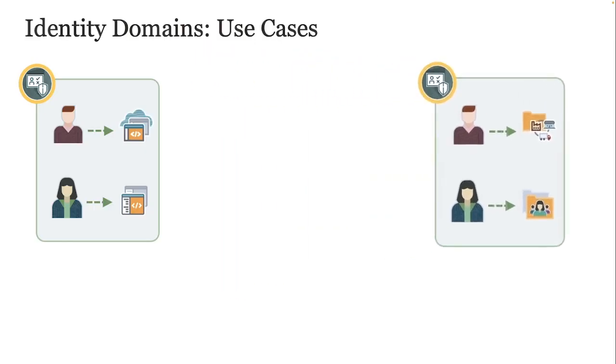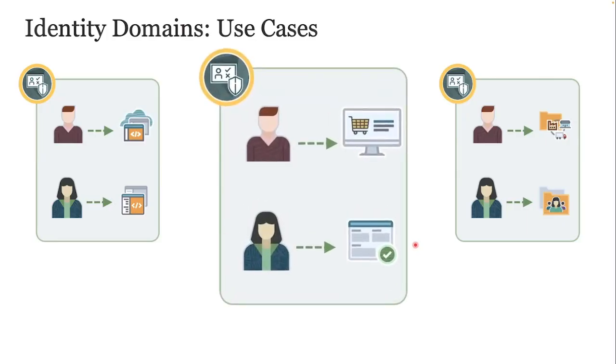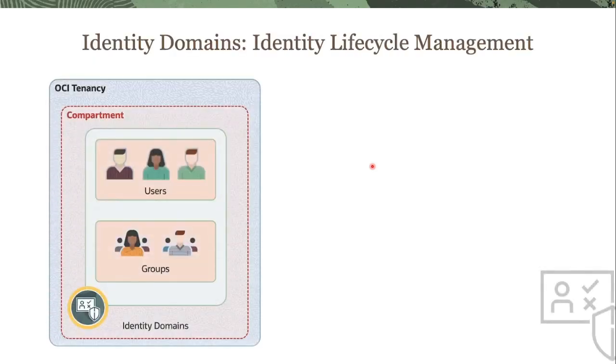And now suppose you go ahead and create third identity domain to manage consumer identities and their access to public-facing applications. This allows you to have separate domain for consumer users and configure authentication settings for such end users accessing your public-facing application. Next, identity domain also offers identity store and lifecycle management, where you can onboard users from your